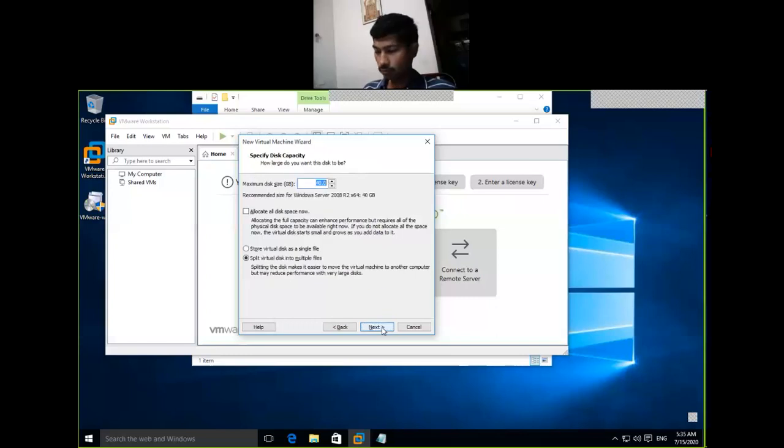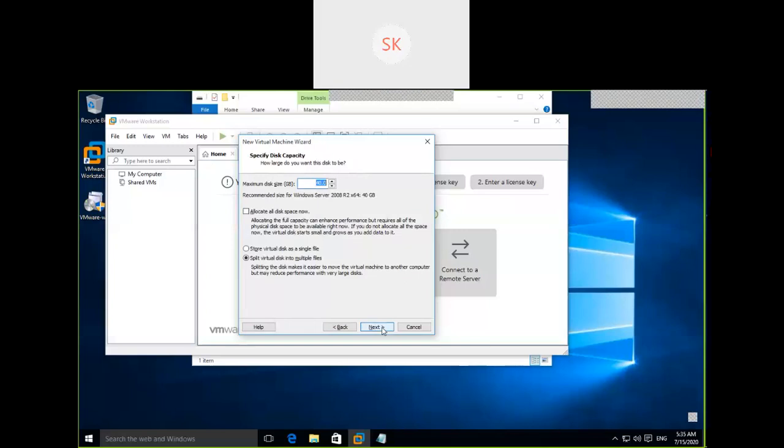As we have sufficient space, the default minimum disk requirement is showing 40 GB. We are going to install certain components after this installation, so we'll go with 100 GB. We have the space on your system. 766 GB is available on your local system. Out of 766 GB, we are assigning 100 GB. Okay, it is going to create a file in the respective folder.